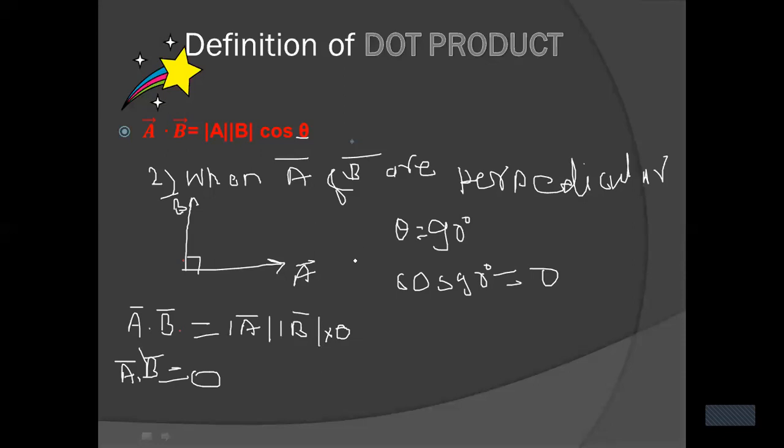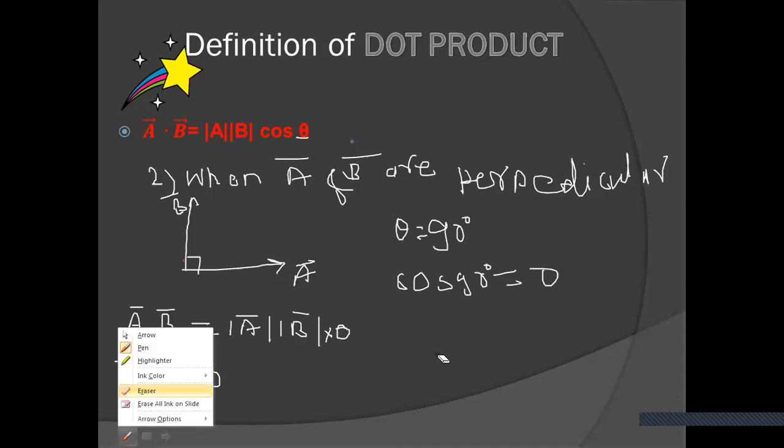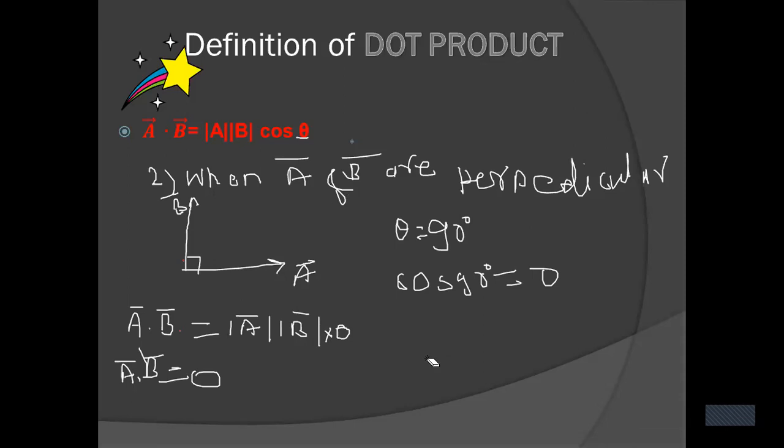So in the first condition, when the two vectors are parallel to each other, the dot product is equal to the product of their magnitudes. When they are perpendicular to each other, their dot product is equal to 0. MCQ type questions can be asked, and such questions are asked in exams: when two vectors are perpendicular to each other, what is their dot product? What is their cross product? So you remember this. Then the third one,